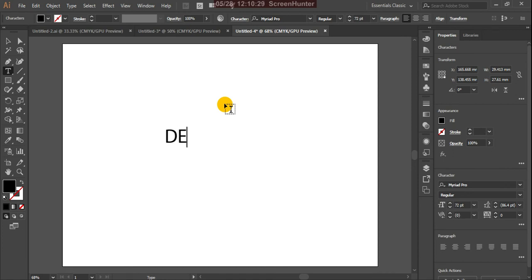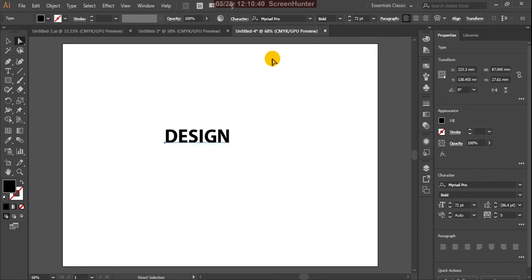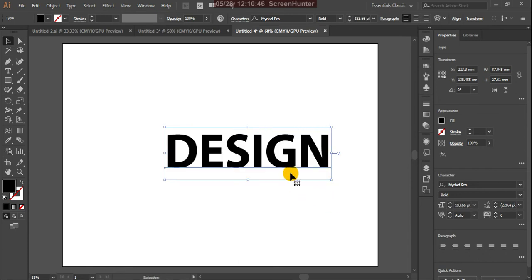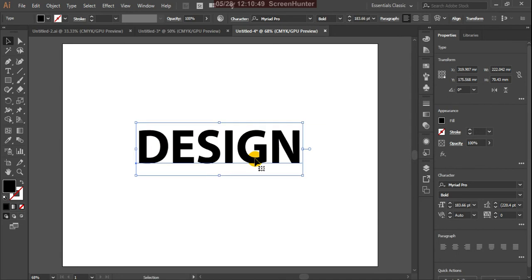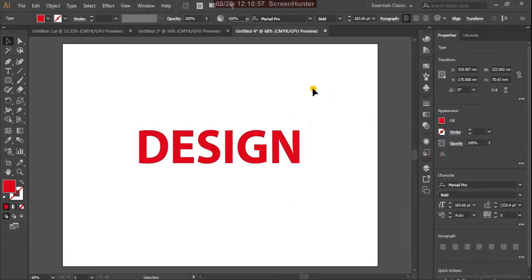Make it DESIGN. This is my design. Okay, and make it bold. Give the big text size. Okay, and give the color for that. Okay, red color.